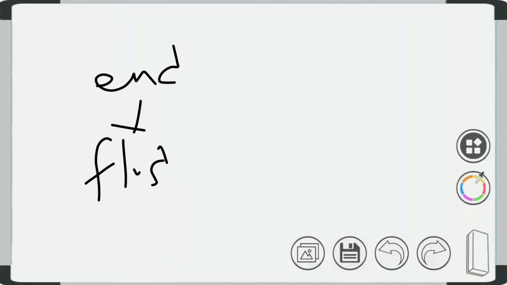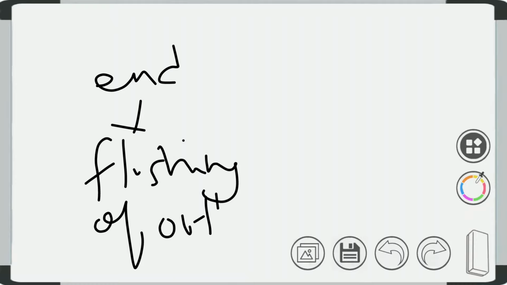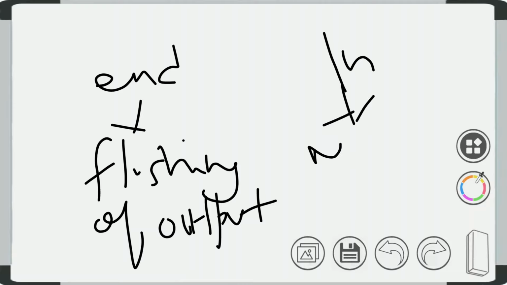In endl the flushing of the output buffer is done, whereas in case of slash n there is no flushing of the output buffer.